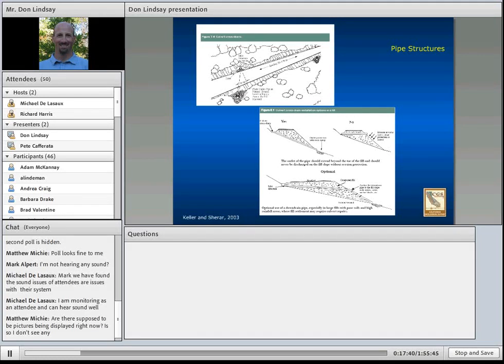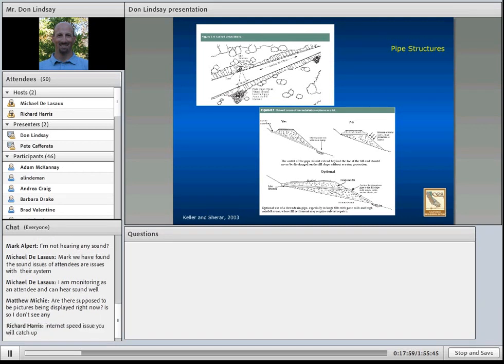Cross-drain pipes should be sized based on the anticipated flows, the hydraulics of the pipe, and the anticipated debris loading. At a minimum, I would recommend never going smaller than a 12-inch diameter pipe, with 18 to 24-inch pipes being preferred. As you can see in the upper diagram,